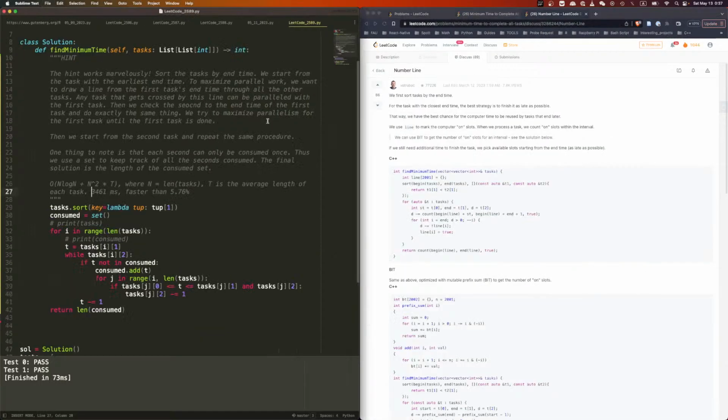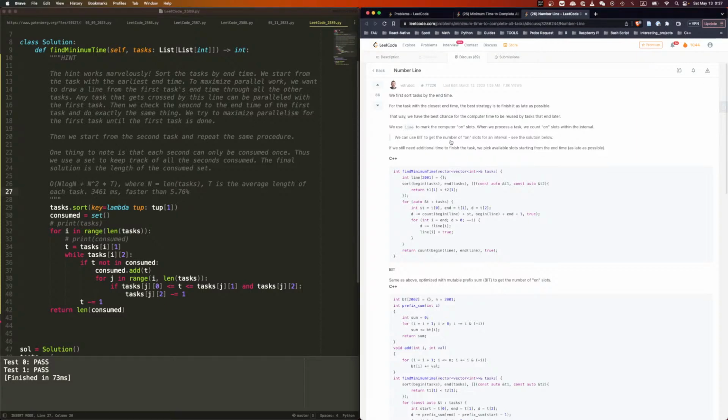That was yesterday. I mean, we solved it based on that. What was this runtime? Didn't really say. Okay. We first sort tasks by the end. For the task with the closest end time, the best strategy is to finish it as late as possible. That way, we have the best chance for the computer time to be reused by tasks which are aligned, and mark the computer on slots. When we process a task, we count on slots within the interval. If we still need additional time to finish, we pick available slots starting from